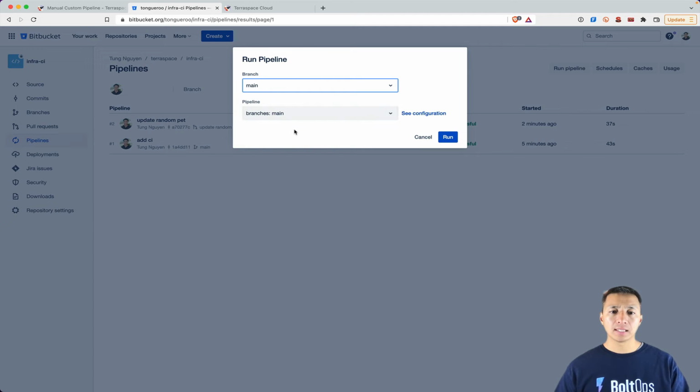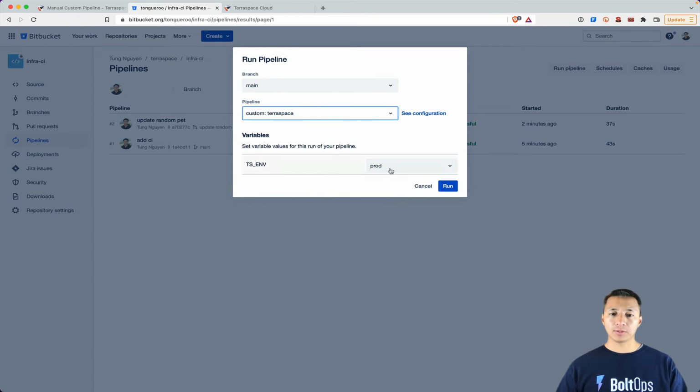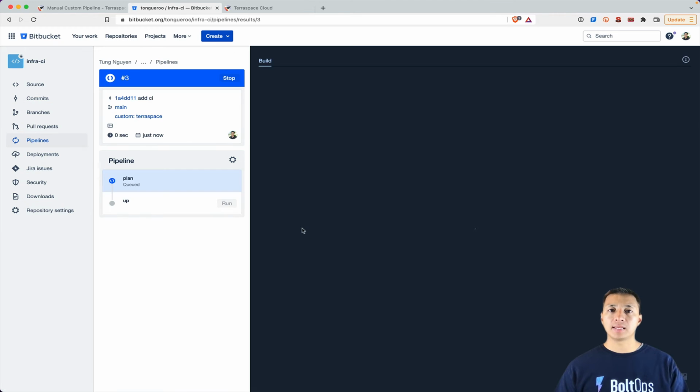We're gonna select main, and then we're gonna see branches main right there, and then we're gonna see custom Terraspace. That's what we're looking for. And here's the drop down. You could go dev or prod, but I'm gonna do prod here. So first thing it's gonna do is run the plan stage or step, and then after that, it's gonna